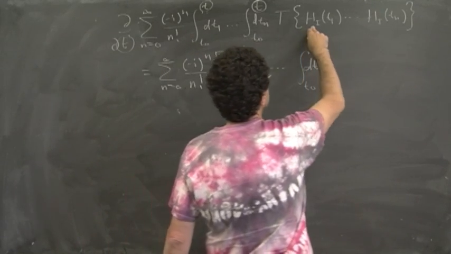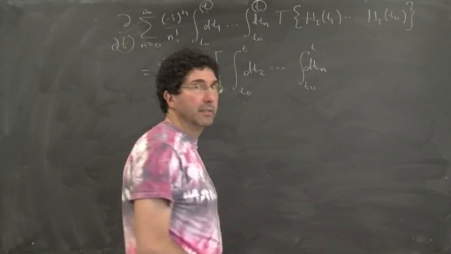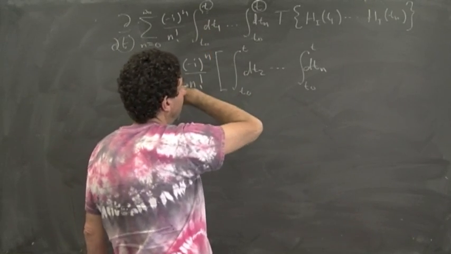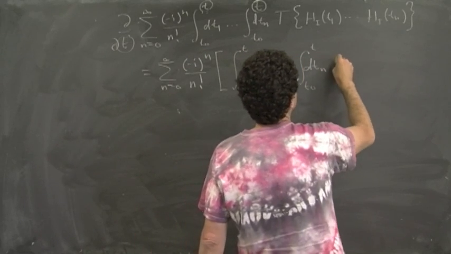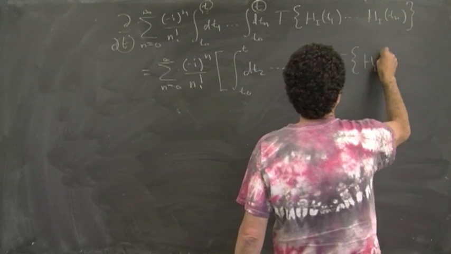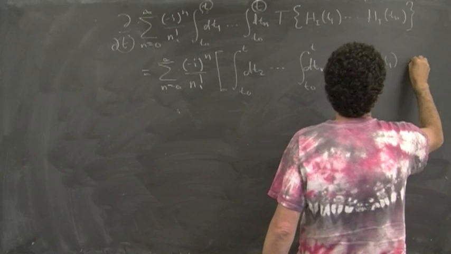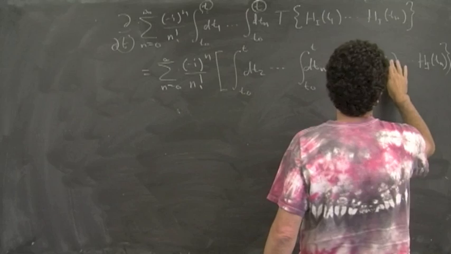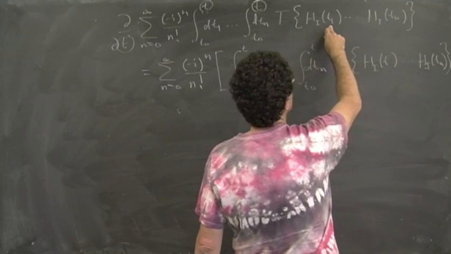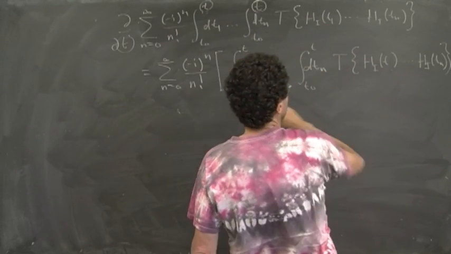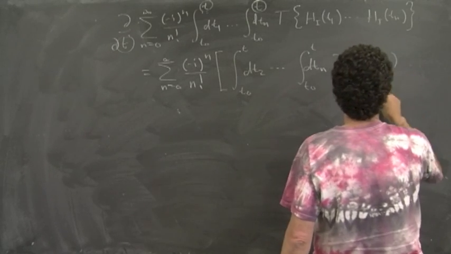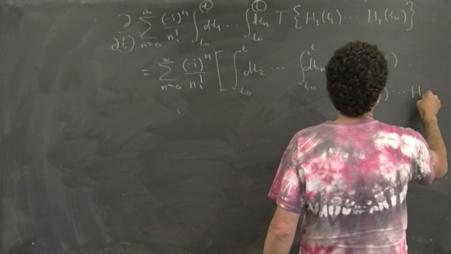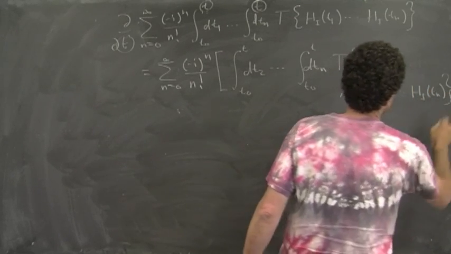Okay? And then it hits this guy right here, okay? And so that's all it does, it just erases that guy right there, okay? And then it just leaves everything inside of this thing exactly the way it is, H_I(t_n). Except that the first thing now, t_1, is evaluated at t, where I hit this integral here. So I have H_I(t), and then I have my H_I(t_2), H_I(t_n), all inside